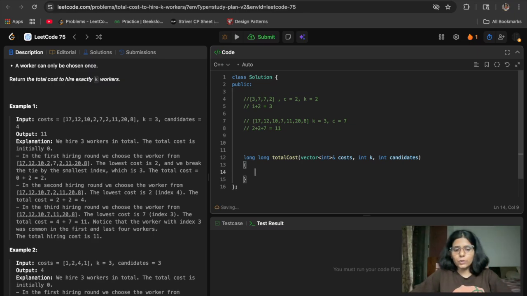Okay, let's solve this question. How can we solve this? We'll use two heaps. Those will be min heaps because we want the less costly worker. So we'll take a priority queue, a min heap basically.